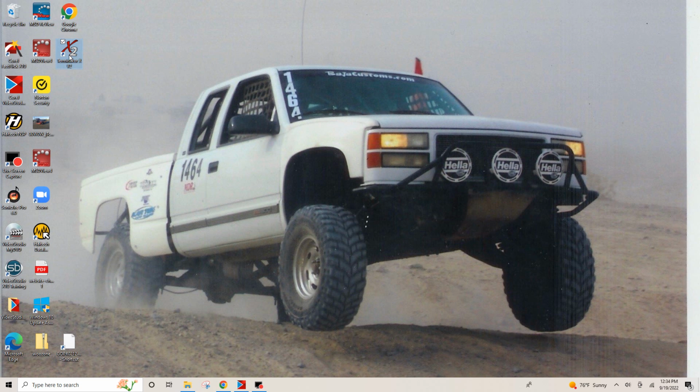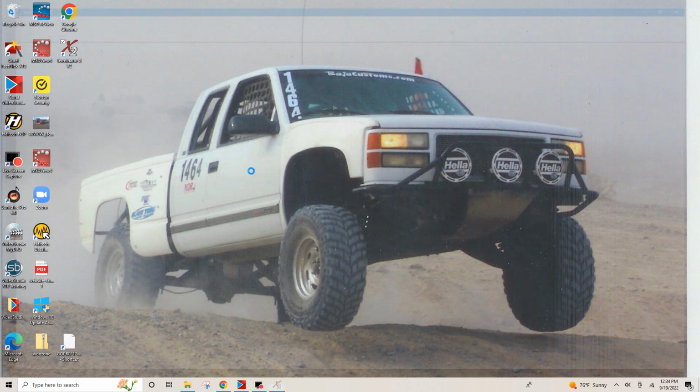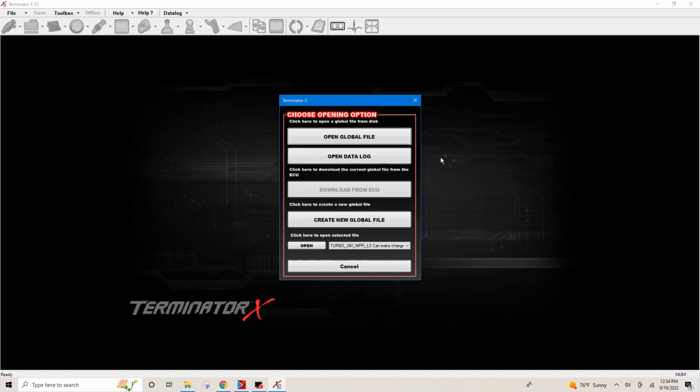We'll go to our Terminator X icon. We're not going to use the shortcut in all my videos. I'm just going to bypass this. Maybe towards the end I might, but the shortcut does make it nice. But every time we open up a new global file, I'm going to bypass this, so I just get in the habit of not using this shortcut. It is very useful. There's a lot of people that use it, but I'm just going to not use it,